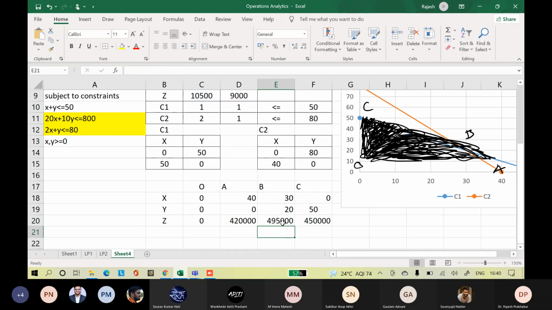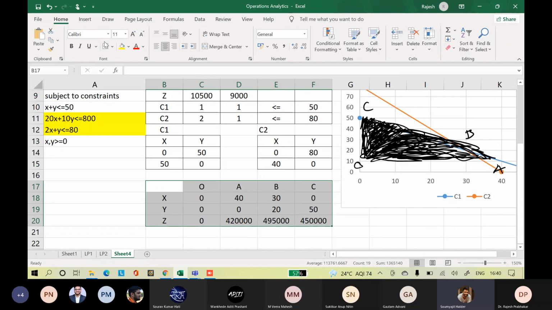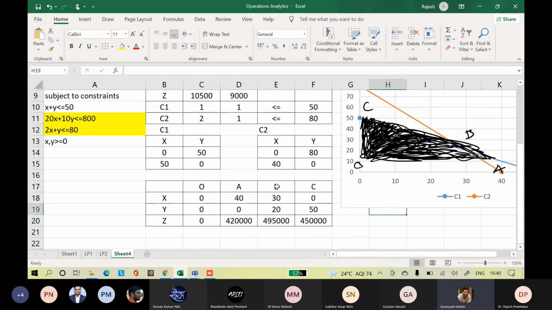So the maximum is at which point? Option B, sir. 30, 20. This is your maximum point. Got it? So this is your LP3 example. Linear programming 3, graphical method.